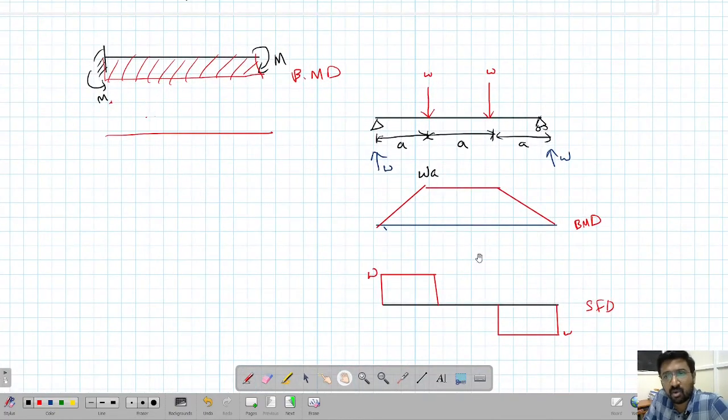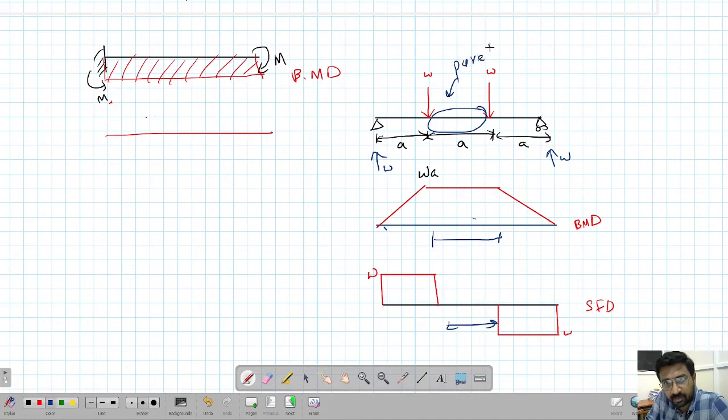Now this beam also, if you observe this portion of the beam, there is only bending moment, no shear force. So this portion of the beam is also in pure bending. This is a very important setup. This is how you find the bending strength of a beam. If you have a wooden beam and you want to find at what moment it is going to break, which is also known as bending strength,